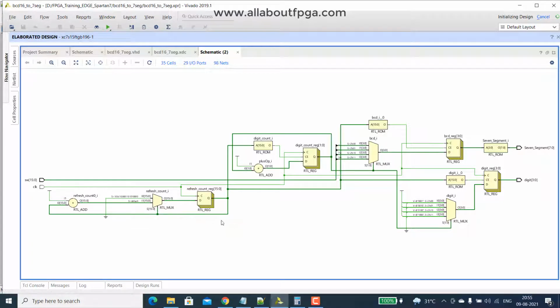Then we have an increment addition operation. The same way we have a digit increment also implemented here. Then we have another BCD, 4 inputs of BCD as well as digits, implemented through muxes and registers. And then we have RTL ROM. So this is the RTL schematic of the design we have created.